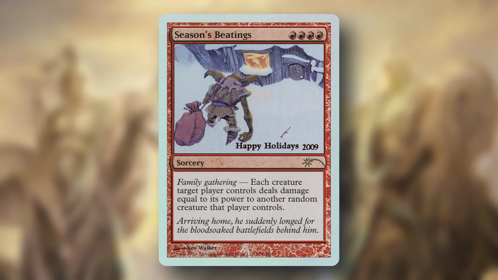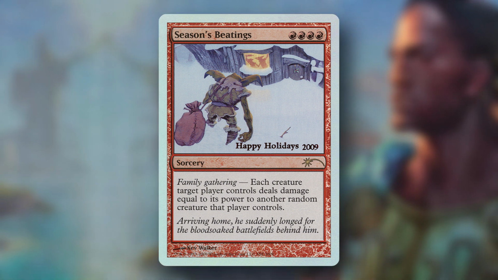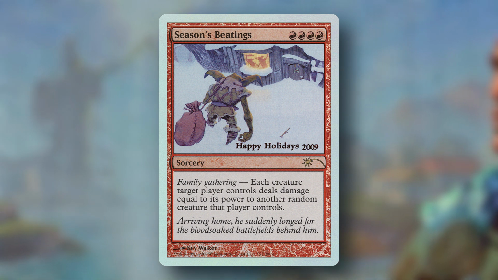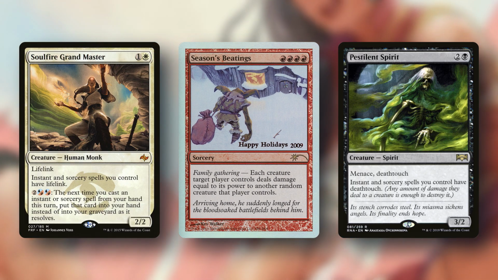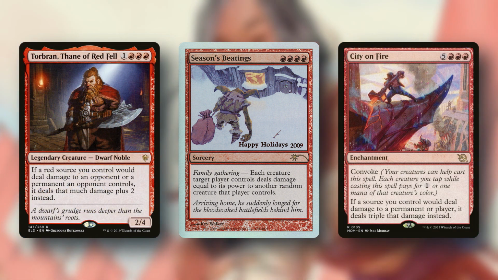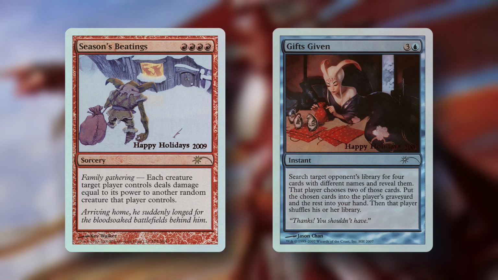Now we're back to a card that could definitely still work. They've written this in such a way that you really can't mess with it too much. It's the creatures that deal the damage, so giving the spell Lifelink or Deathtouch will do nothing for us. Any amplifiers won't do anything if they're on our side of the board. So just like Gifts Given, this card is